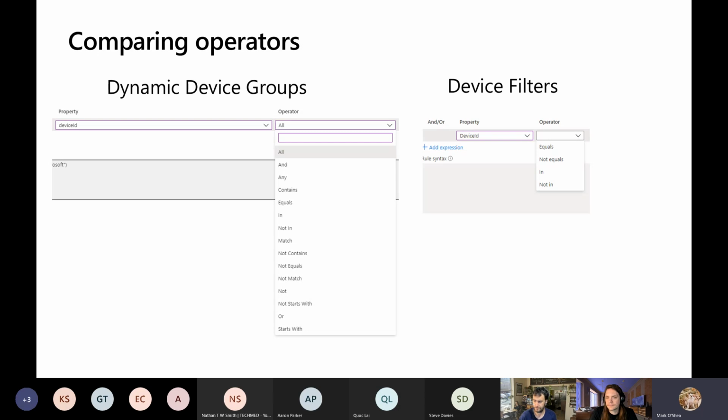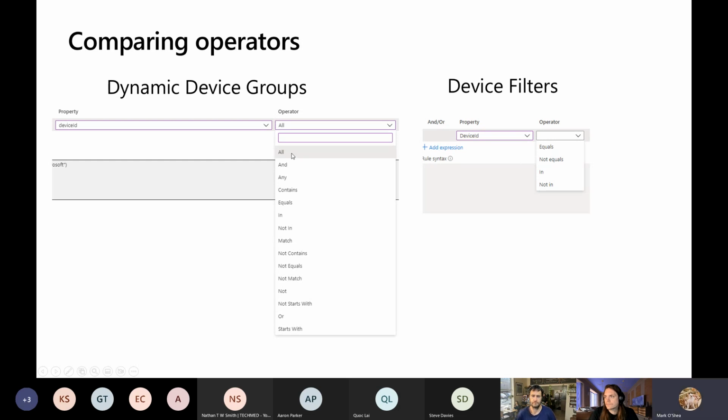Because most of the questions that I tend to get around the operator piece is somebody asking. So up here somewhere, if we were back in the portal, it'd be the little information icon with the more information link, which will explain what each of these are and where you'd use them. And that's, for most people, the confusing part: which of these am I going to use? Now, the reality is that for some of the device filters, you are going to see something closer to that full list. So it's not saying that you don't need to learn what all of them are, but rather than